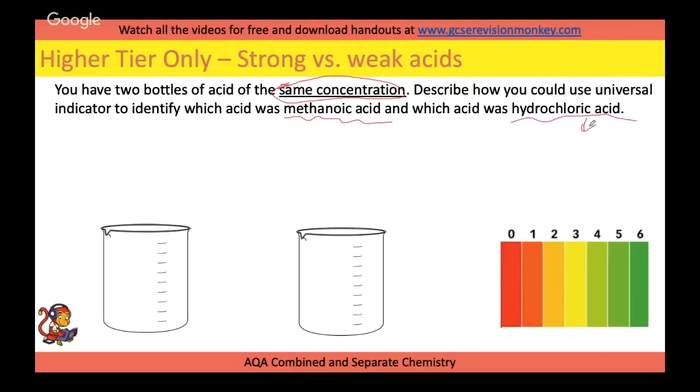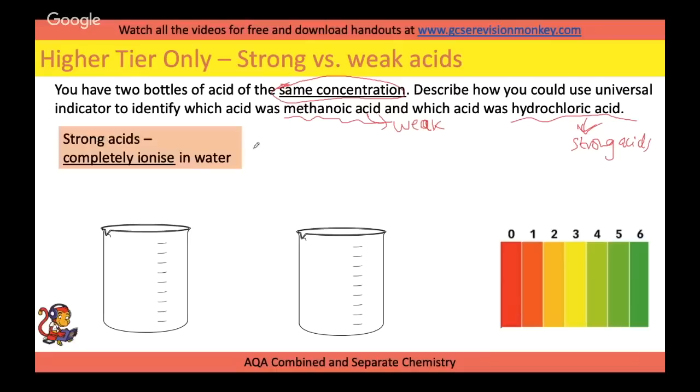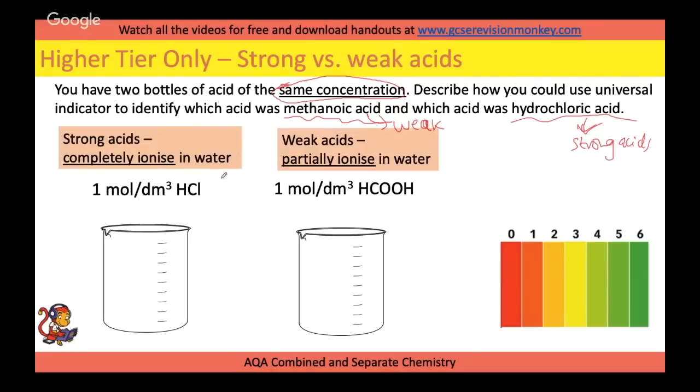Well, this and all the ones you use in your lab, like sulfuric acid, nitric acid, hydrochloric acid, are all examples of strong acids, nothing to do with concentration. Other acids like methanoic, ethanoic, citric, you don't really need to know any. They'll give you the examples, but they are weak. So if we have the same concentration of hydrochloric acid and the same concentration of methanoic acid in a beaker,